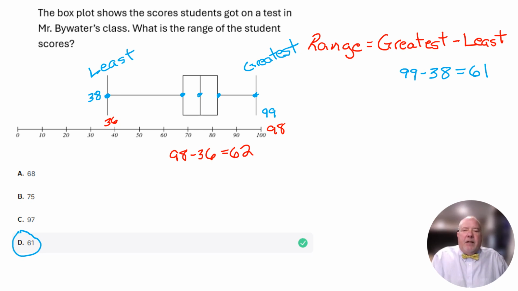Okay, so let me go back real quick, and I told you I'd tell you the other three dots. So the dot here is called the lower quartile. This dot is called the upper quartile, and I'm just abbreviating those, LQ and UQ. And then the dot in the middle is the median. All right,